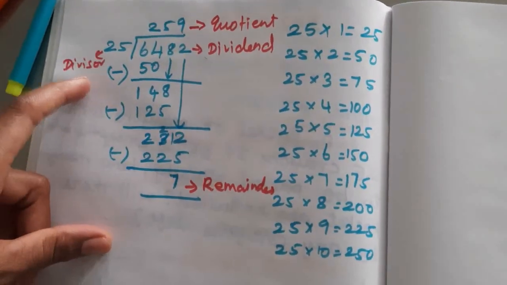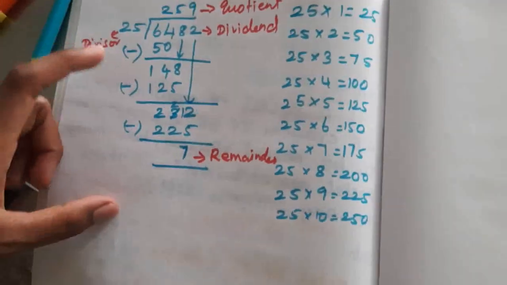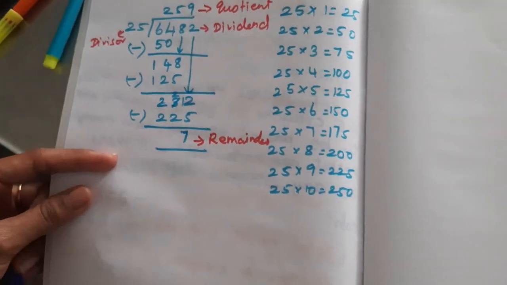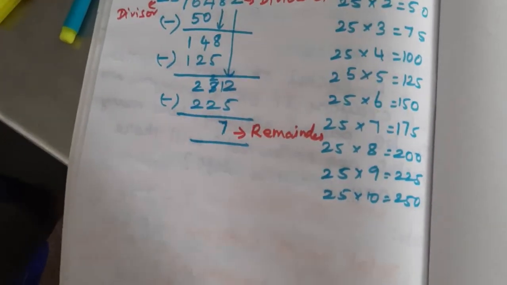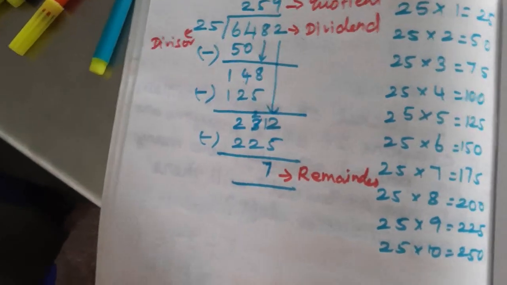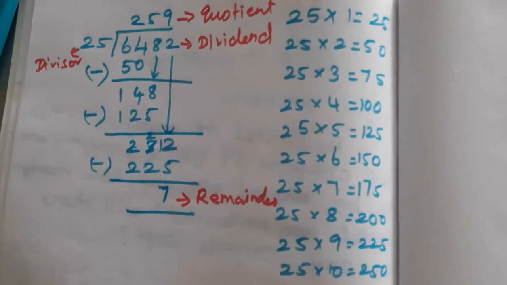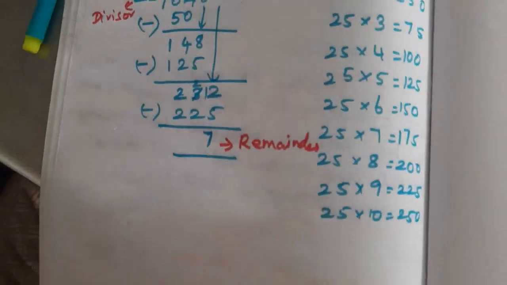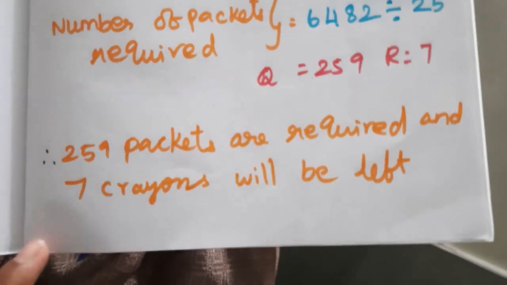Last you have to write the divisor, quotient, dividend, remainder. If you have doubts in your answer, you have to verify the answer using the formula. What is the formula, children, for verifying the answers in division? Divisor times quotient plus remainder equals dividend. Now we come to the end of this session. If you have any doubts, we will discuss them in the next classes. At last you have to write the result part also. Thank you.